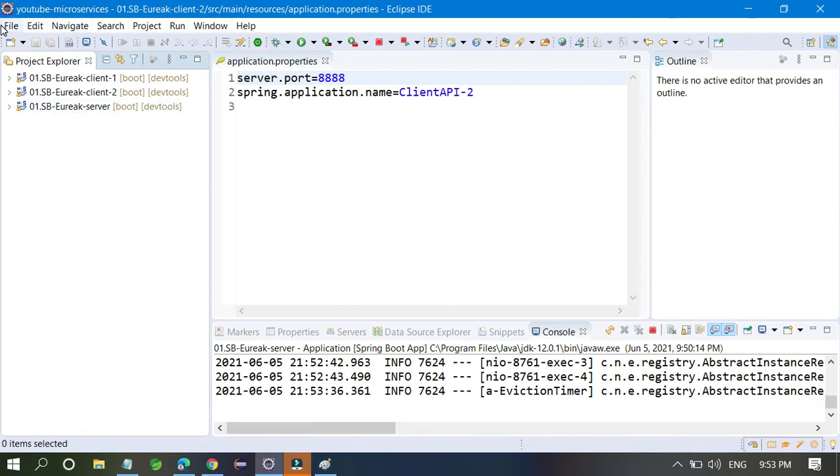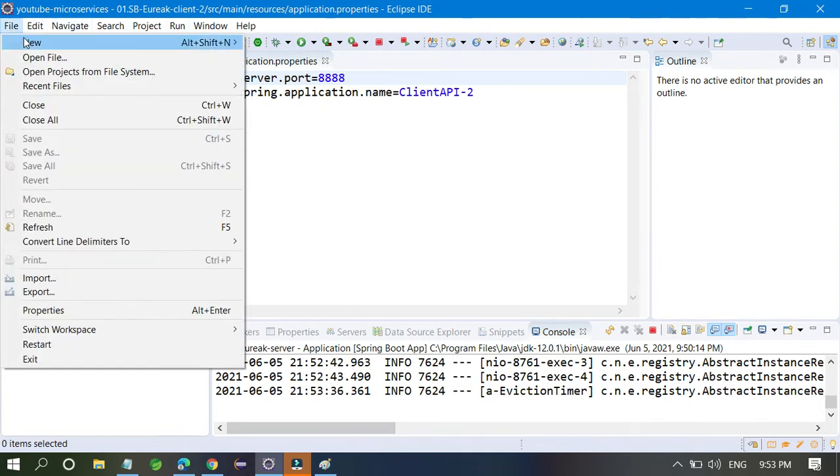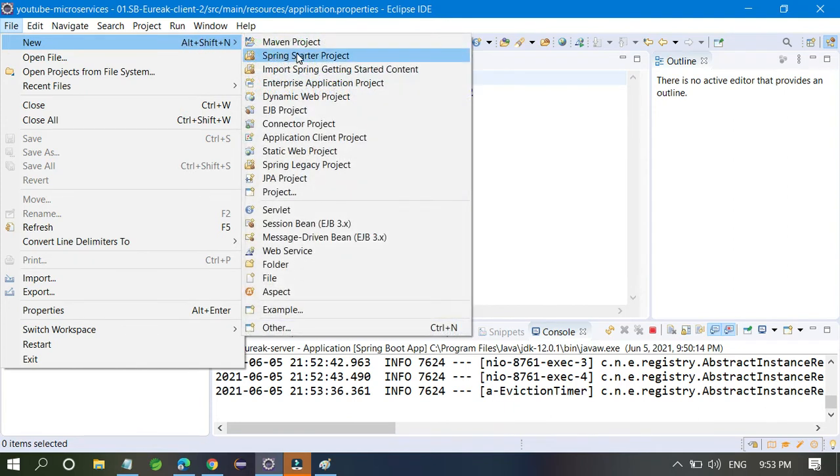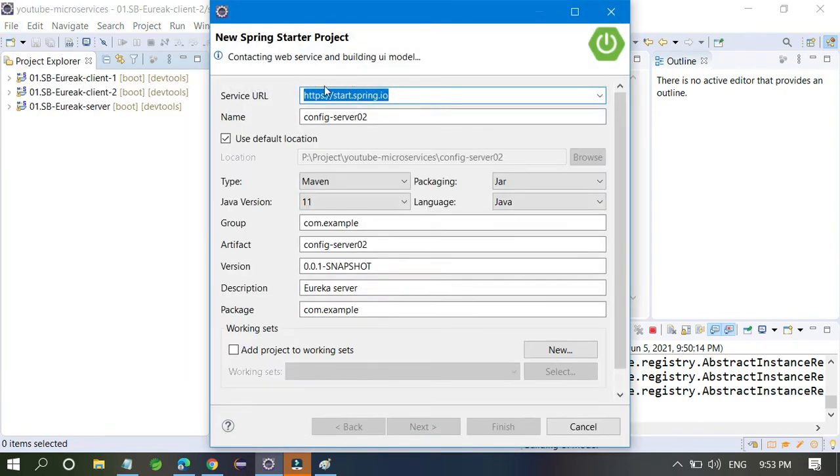Now I am going to create one API gateway. Click on New. As I already told you, the API gateway is also just one Eureka API, nothing else.